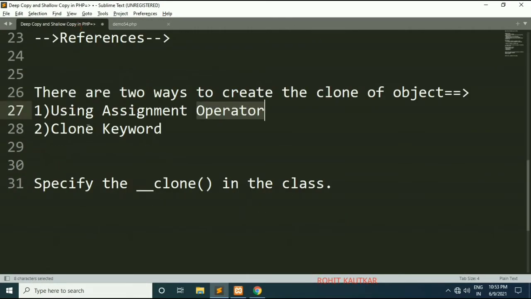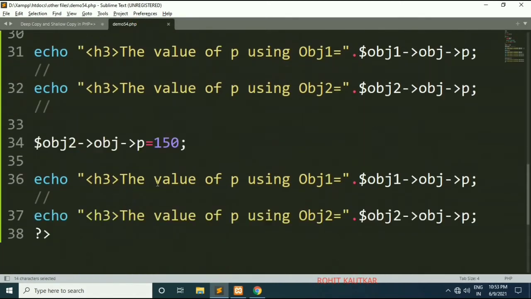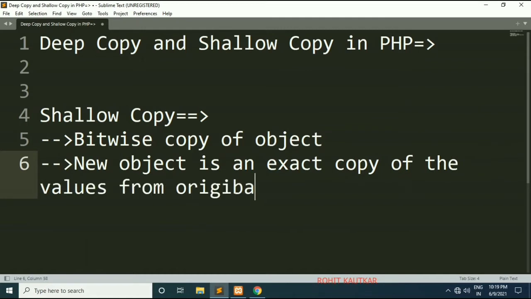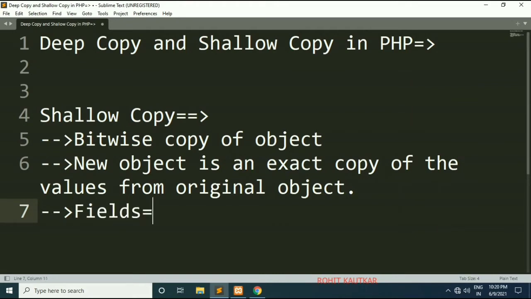Now there is one more way I told you, the clone keyword. So the clone keyword also creates a shallow copy. So let's try to see the values from the original object. While creating a shallow copy, if your original object contains certain fields, then these fields will be copied as it is in the new object.